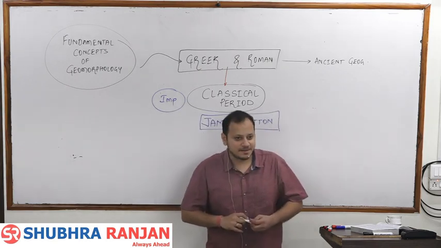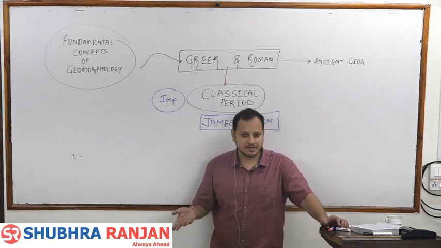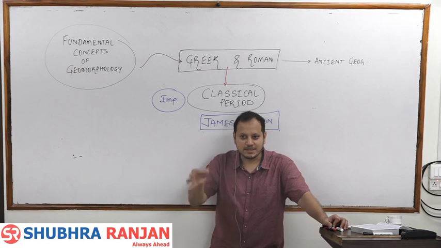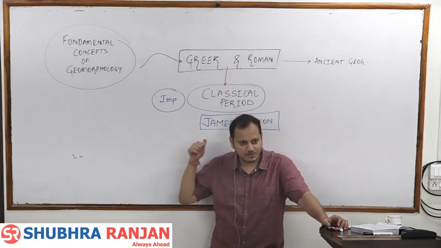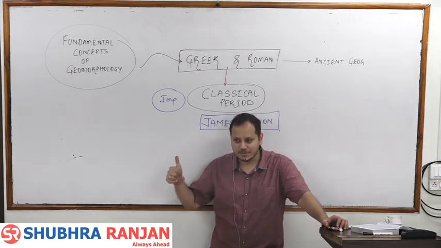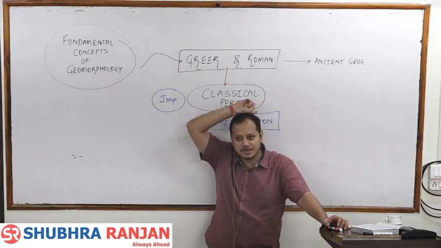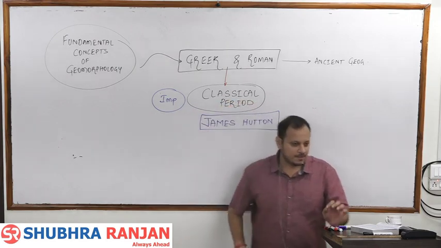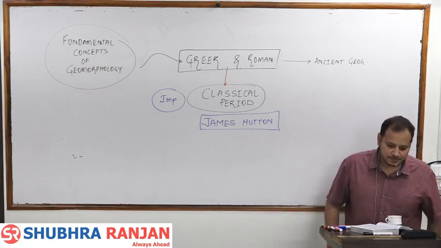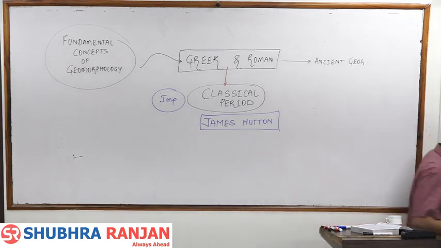James Hutton's line, I had used it yesterday. Present is key to the past. That is the principle of uniformitism. What the present landform is, it tells you about the past climatic conditions. Getting it? So James Hutton challenged the principle of